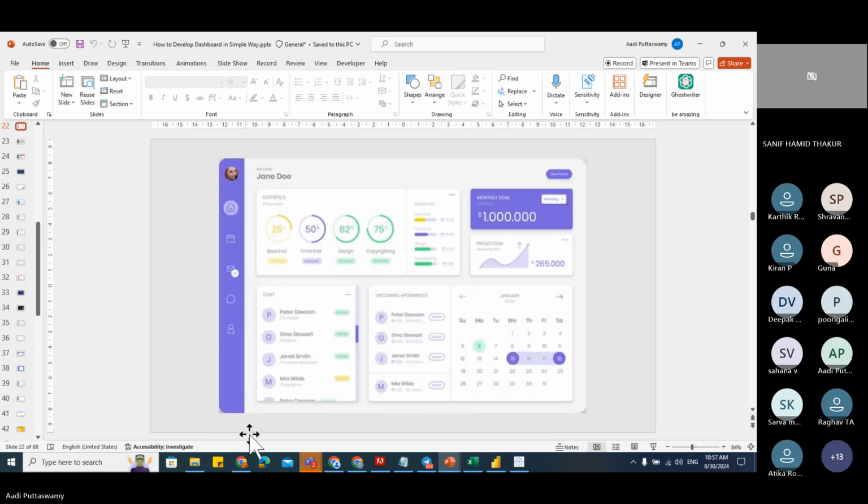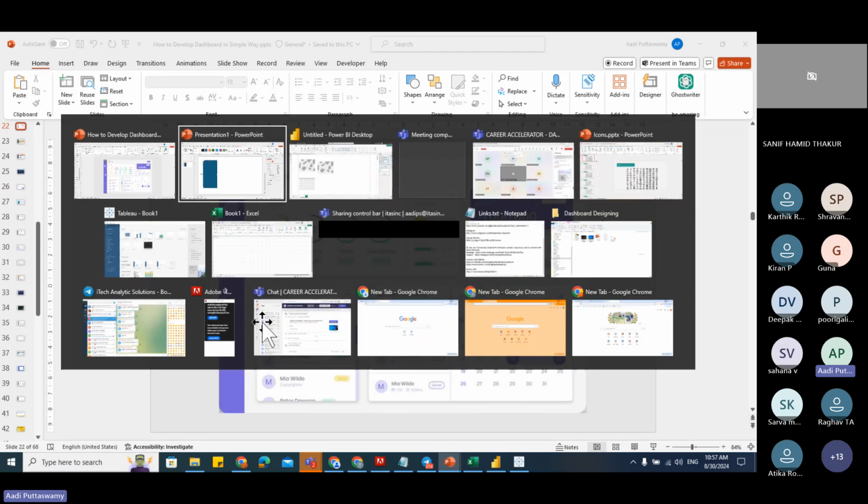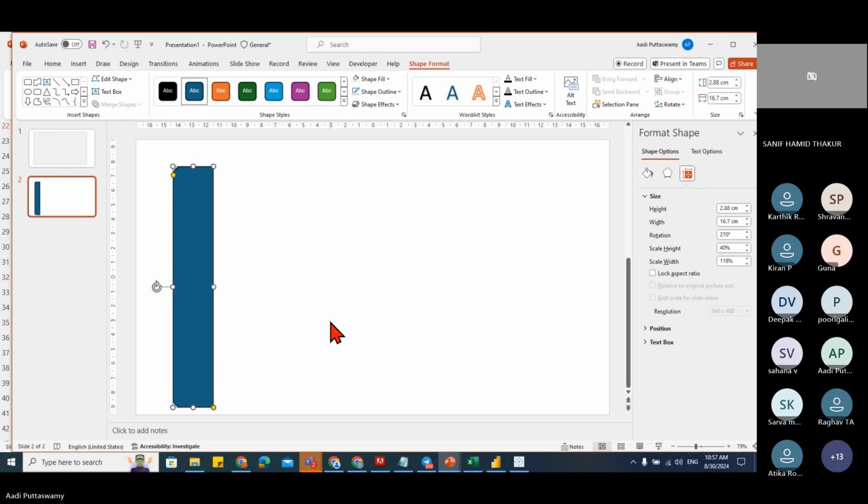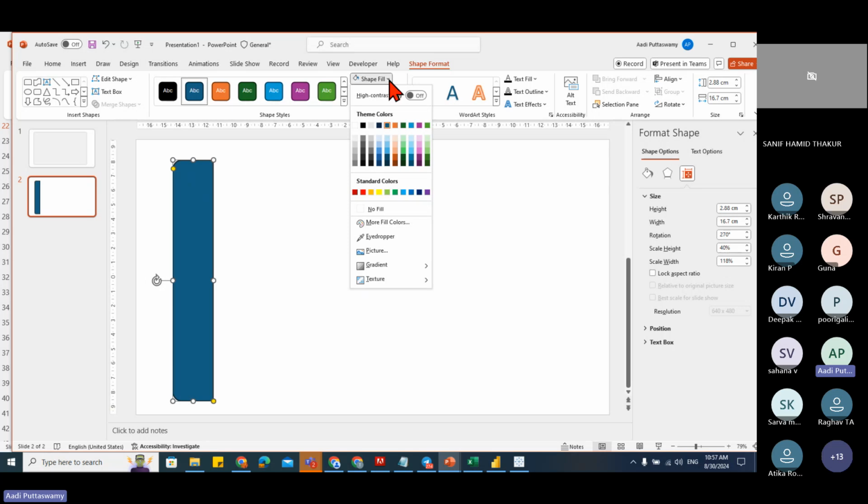See, can you see the sidebar here? The side pane is very small. So you can adjust. Say I'll go here, adjust it. Say this is very small. If you want like this, see, increase this like this. Right now, I'll just keep it here, and then I'll go to this fill, check the colors of, say, the